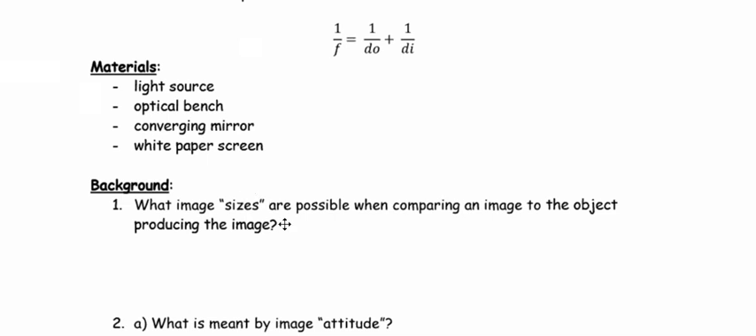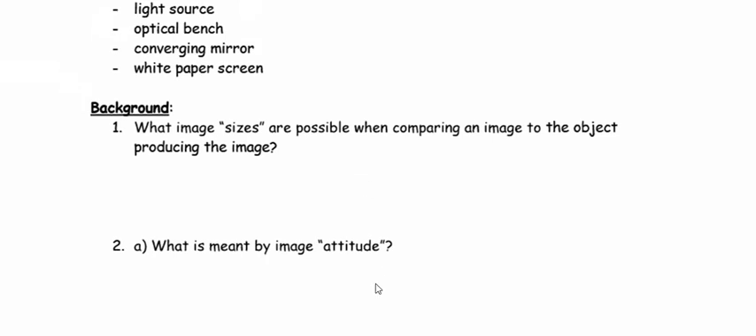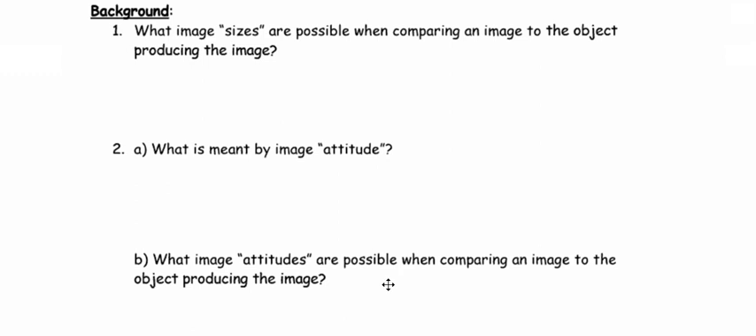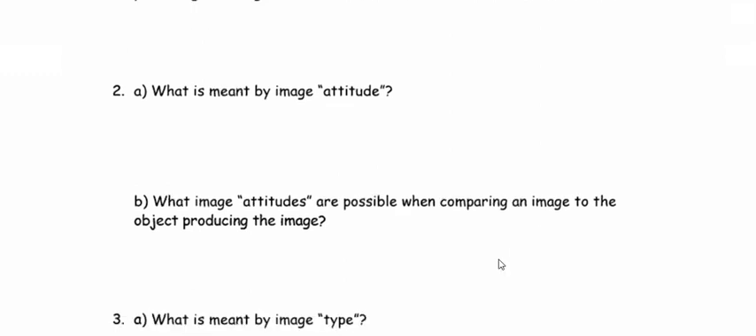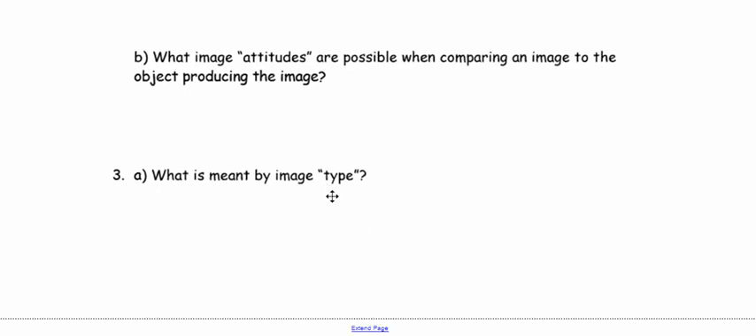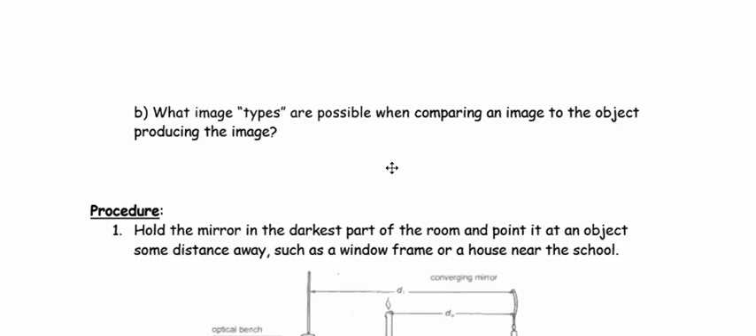So what image sizes are possible when comparing an image to the object producing the image? What is meant by image attitude? Okay, what does that mean? What image attitudes are possible when comparing an image to the object? Okay, so all that is from the plane mirror section. And what is meant by image type? What type of image? What do we mean by that? And then what types of images are possible when comparing an object to an image? So yes, actually, you should be able to find all those from the plane mirror section that you just did,